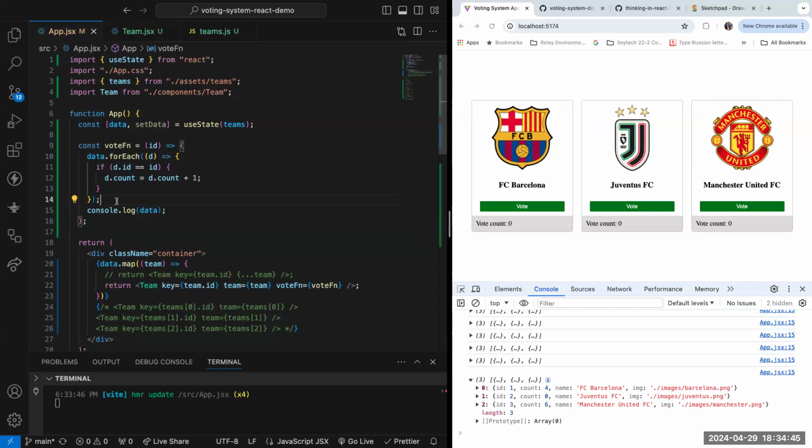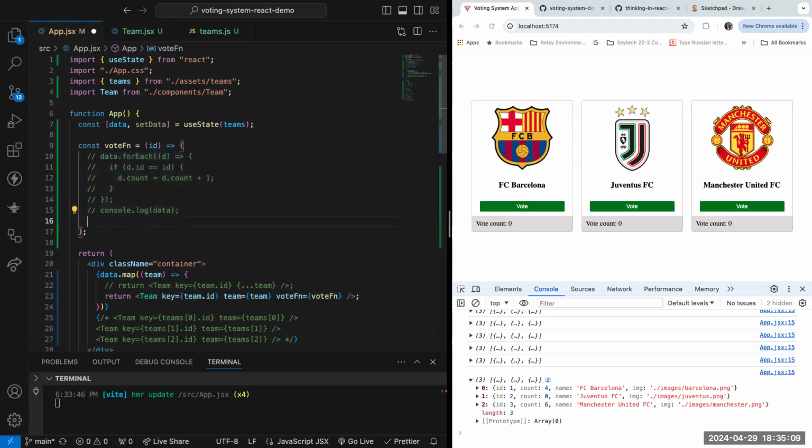Now there are different options to create a deep copy of an array of objects or whatever, okay? If it's primitive values, you don't have to use a deep copy, right? Deep copy is just used for objects and arrays or an array of objects, okay? So don't do this one. There are multiple options that we can use to create